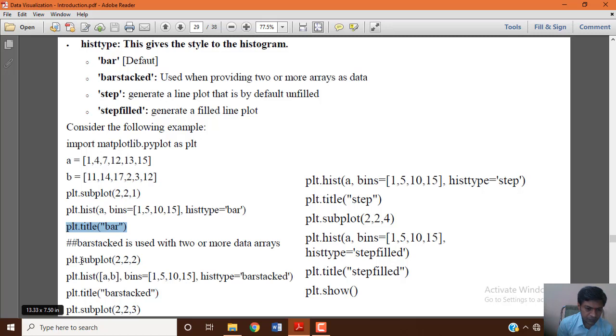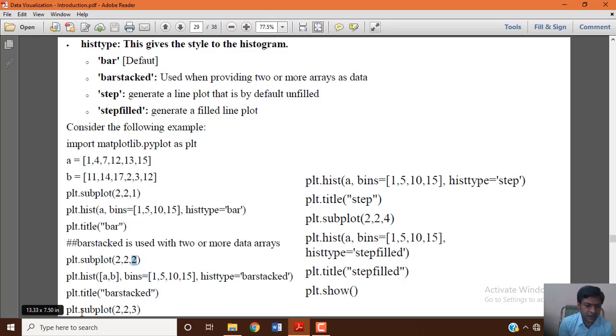So subplot of 2 comma 2 comma 2, which is divided into 2 by 2, 2 rows and 2 columns, and 2 means the second position, so the first one is left top and the second one is right top. The entire plot is divided into 2 by 2, which means a total of 4 images within the plot will be created. First one is bar, second one is bar stack, you can see clearly. The title also we specified.